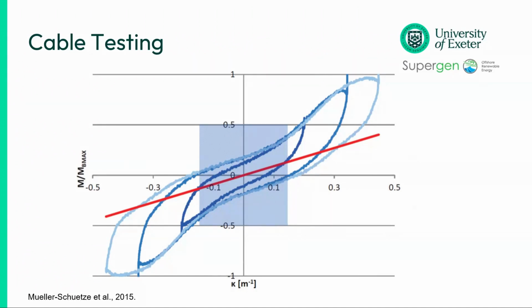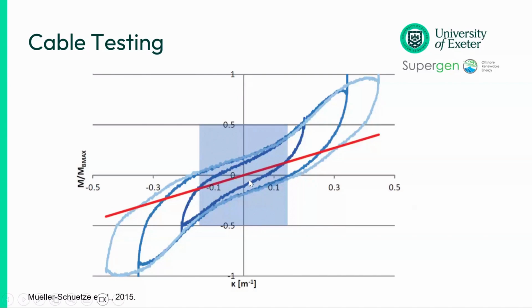The red line, that straight line, is usually what you would put into things like OrcaFlex as the bending stiffness for the cable. That's the assumption, and you can see that it's actually quite a way off from what's happening in reality. It's an approximation, so around the core, yes, you get the general slope correct, but